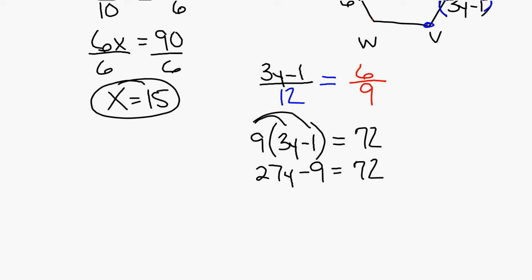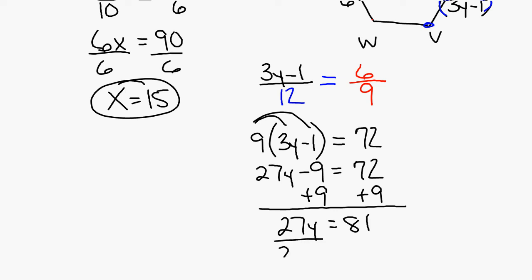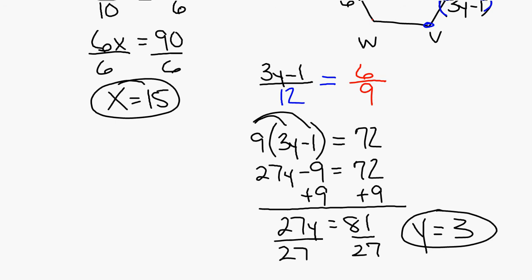So 27y equals 81, and then I'm going to divide by 27. So y is equal to 3. Your x is equal to 15, and your y is equal to 3. Any questions on those first 3 examples? Okay. Your assignment for today is on page